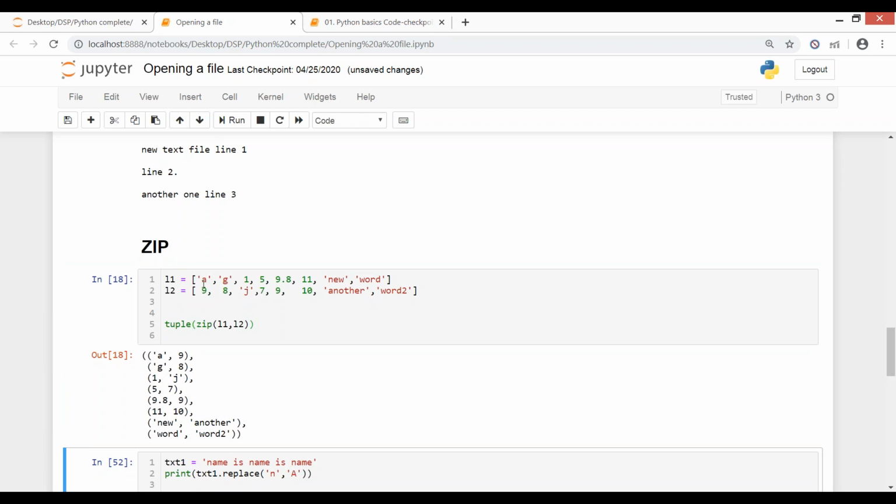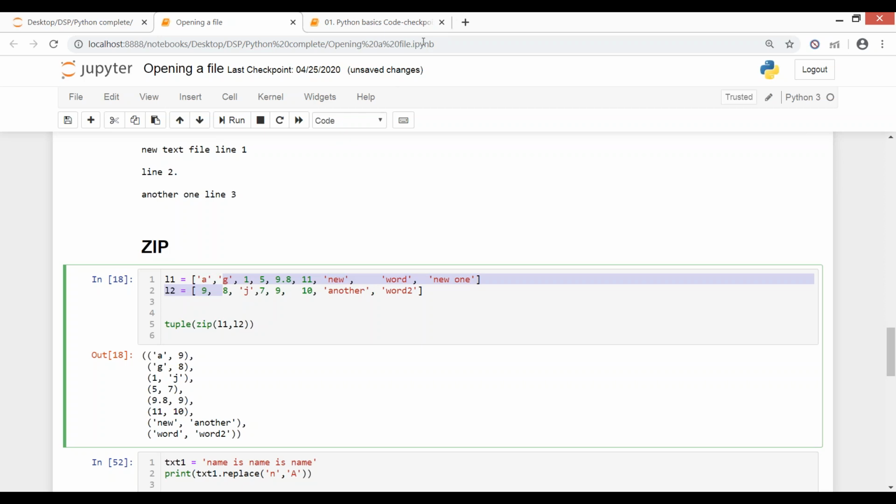Okay. Now one thing: the length was equal for both the lists. We had a word for another word, so all the elements were catered for. But what if I add another element? I'll just say here new one. I do not have anything for new one. Earlier, word was with word 2, A was with 9, G was with 8, 1 was with J, and so on. But I do not have anything for this new one.